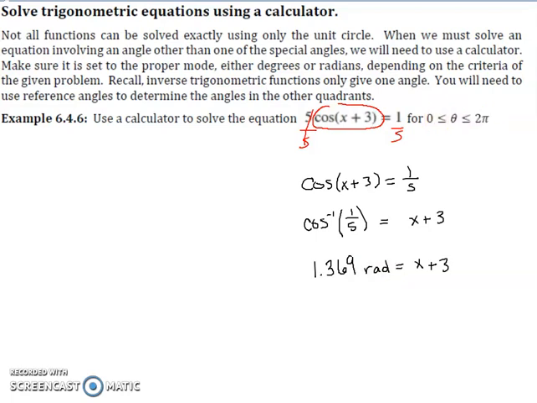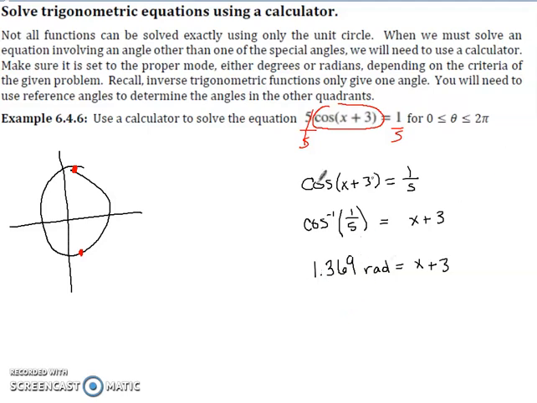Now another thing I want to talk about is that I want the cosine value of 1/5. So cosine of 1/5 means I want an x value on my unit circle where my cosine is a positive 1/5. So I look to where x is approximately 1/5, that might be about here. I see that that point would occur here on my unit circle, but it also would occur here on my unit circle. So I have two places where I have a cosine value of 1/5. Now this solution only gave me one place where my cosine value will be equal to 1/5, and that is at